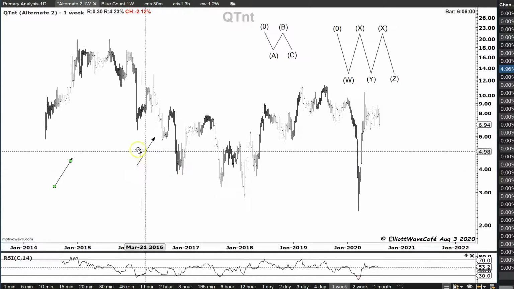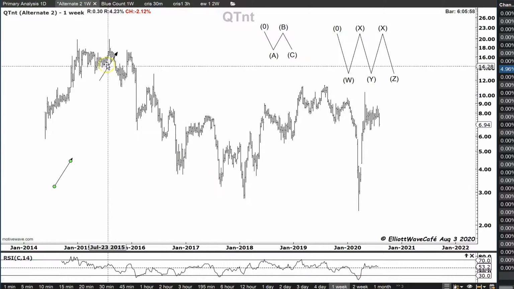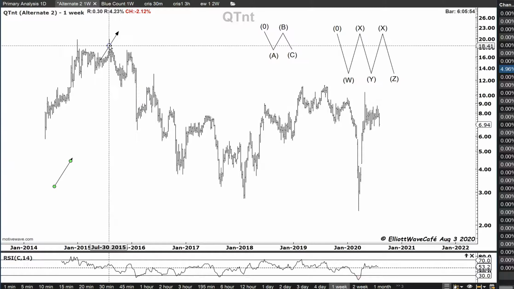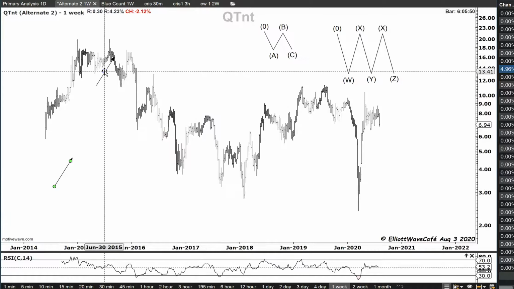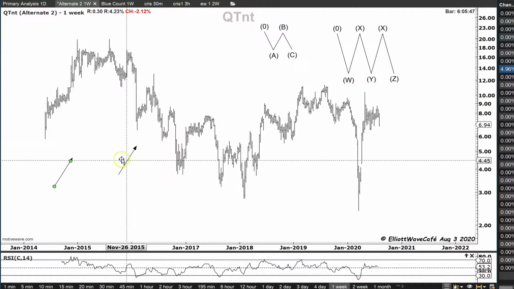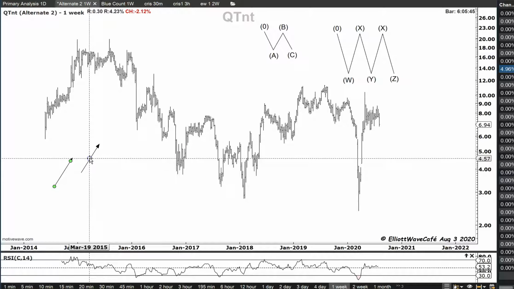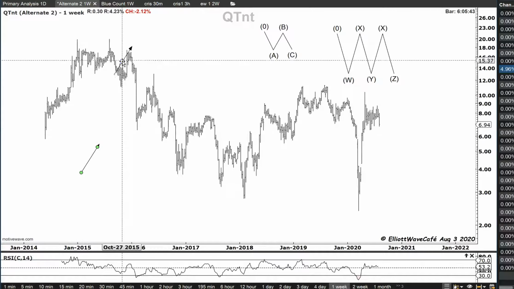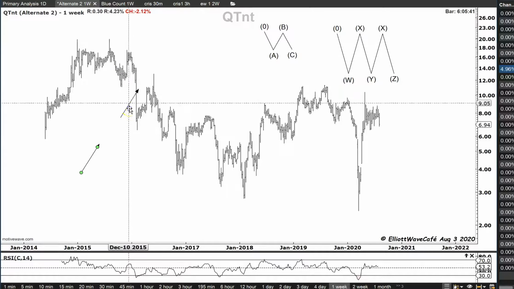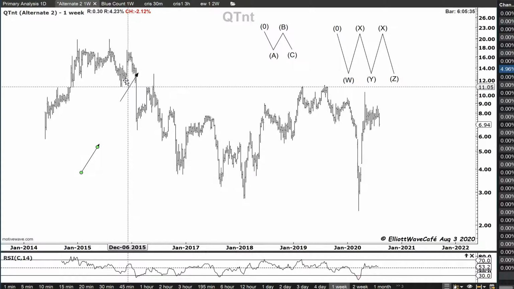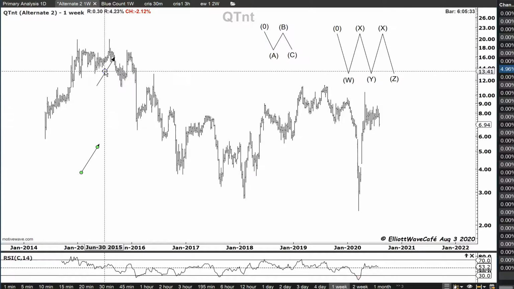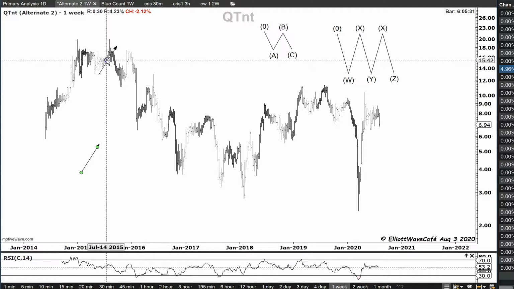So everything in here, it's kind of overlapping. Okay, so what this tells me, even if I'm in hindsight looking at this and I'm trying to learn how to count this pattern here, it tells me this is a large corrective pattern to the downside. And when I look at these legs in here, if it's an overlapping pattern, I always want to assign a C wave on these legs, because if I'm looking at them and I start to count them, I can see